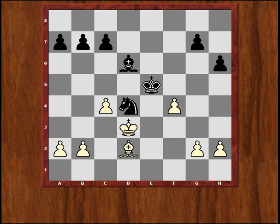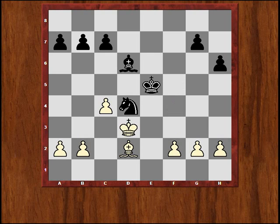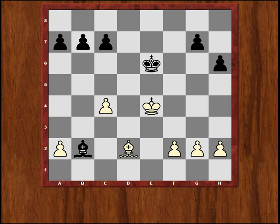Okay, so after king e5, f4, king f5, king takes, there's g5. All right, now this may draw as well as what we're going to look at, but it's quite complicated. But I think the best way to handle this after c4 is king to e6. So king takes d4, bishop e5 check, and bishop takes b2. So this is much, much easier. And, okay, black needs to have a little bit of accuracy here, but this really should put the whole line